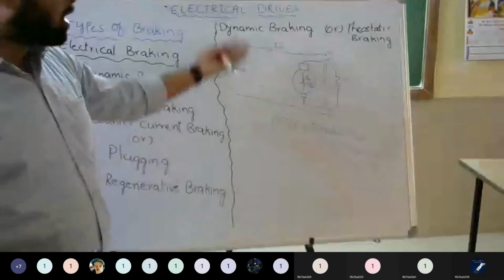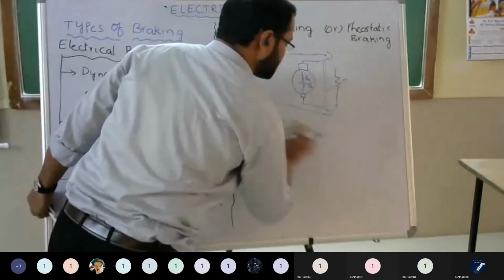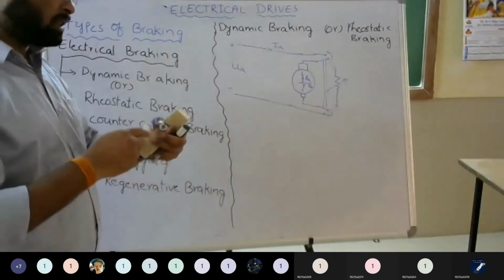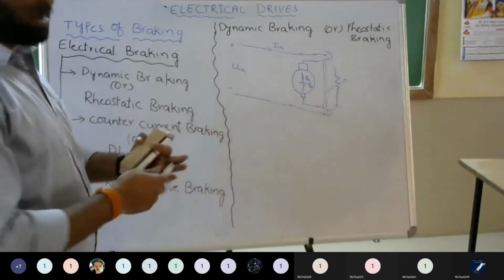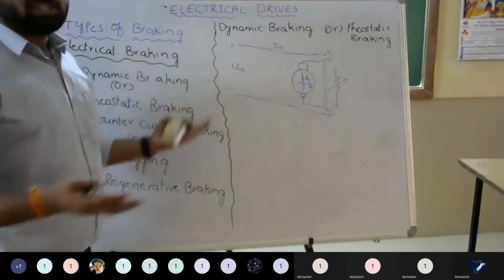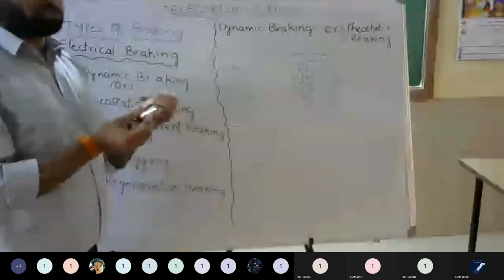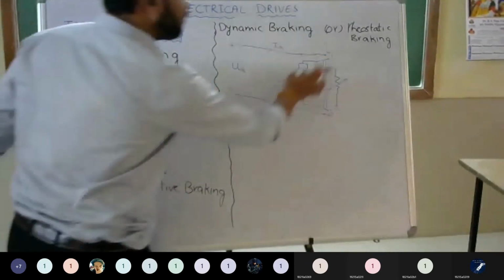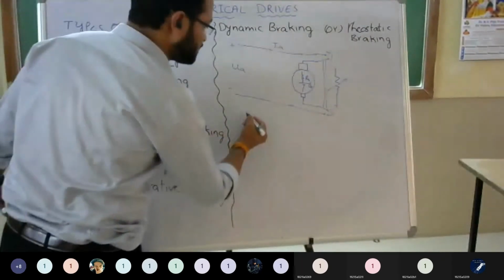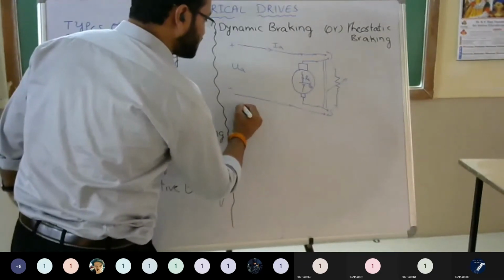Now you have to go in depth into how dynamic braking and rheostatic braking work. We can go with the equations. Equations will speak everywhere. If you know it through the equations, then it will be very easy. Why am I saying this? In our chapter they also include numerical problems, and maybe there is a possibility they can give some on braking also. So we have to learn through the equations also. That's why I am explaining. Normally, when it is connected to UA, this is like our motor equations. What are our motor equations? What is the speed equation for us?